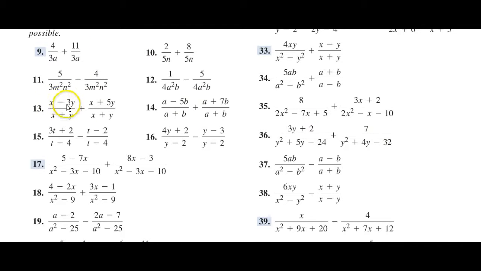Now as you look at number 13, the common denominator is there. And notice that this term and this term now are common terms, and so are the x's. We can add those together. So we're going to get here 2x plus 2y